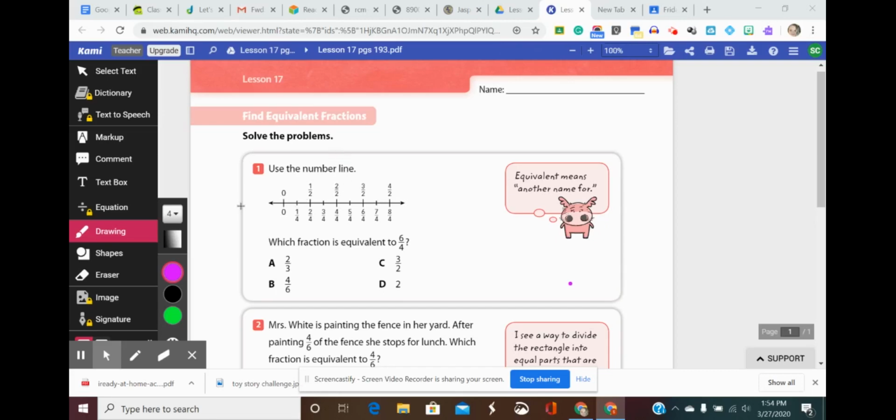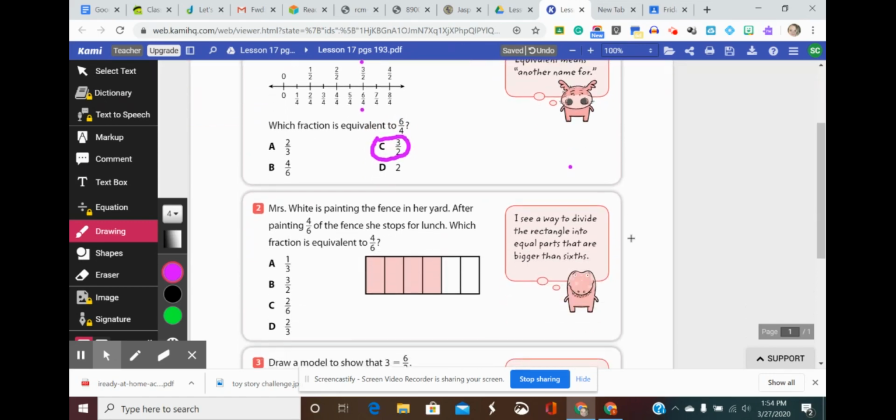Okay, so number one on here is kind of easy because the number line's already done for you. It says, which fraction is equivalent to 6/4? I can look and see 6/4 is right here, and up above that is 3/2. So all I have to do there is basically line that up. If I scroll down to number two,